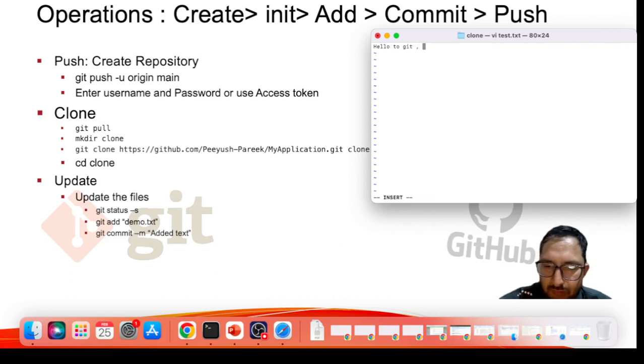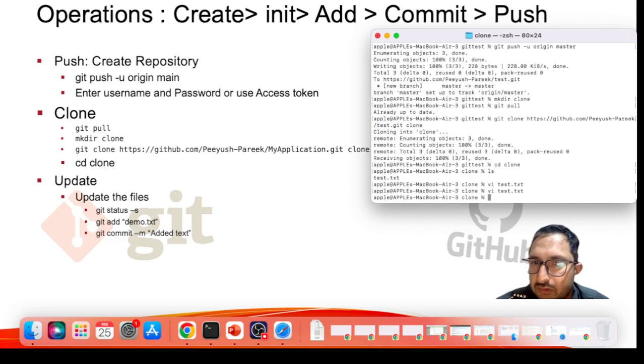Now I am happy today with Git. Okay, save: escape colon WQ. It's been done. Now you have to check